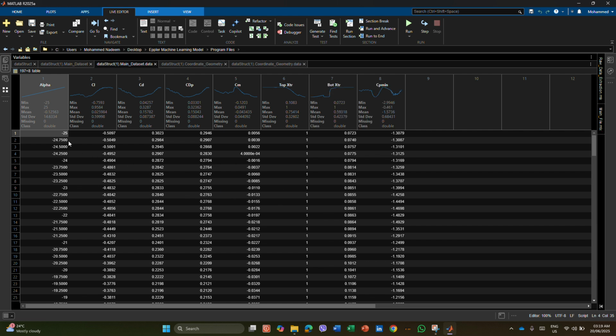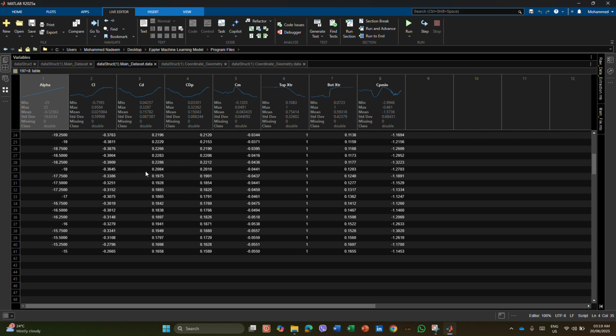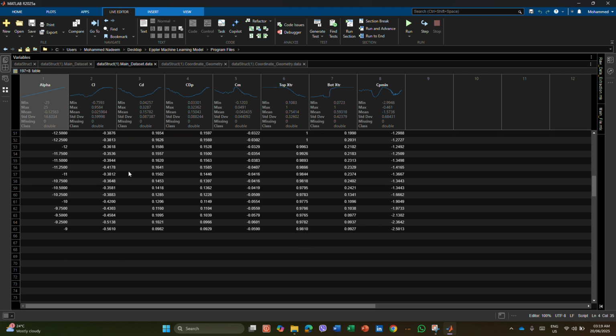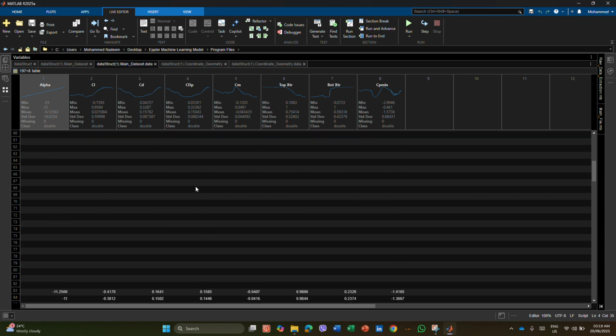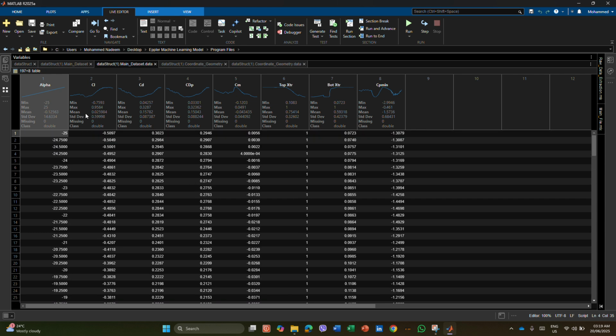What I've done is remove the unnecessary columns, and the headers I have labeled in a table. So all the data points are in this table. After doing the data cleaning,